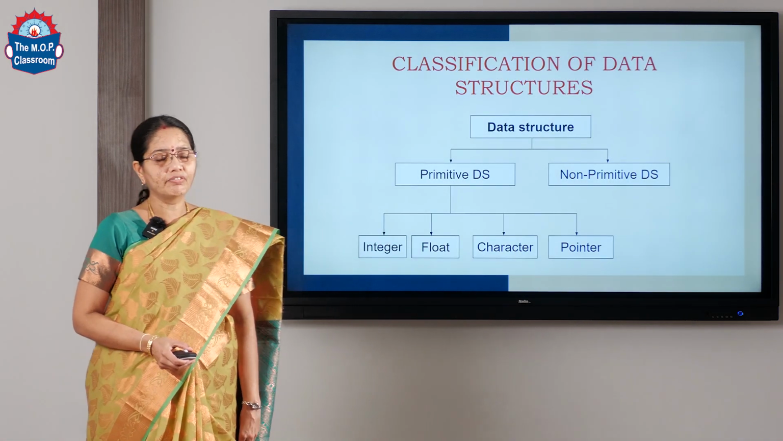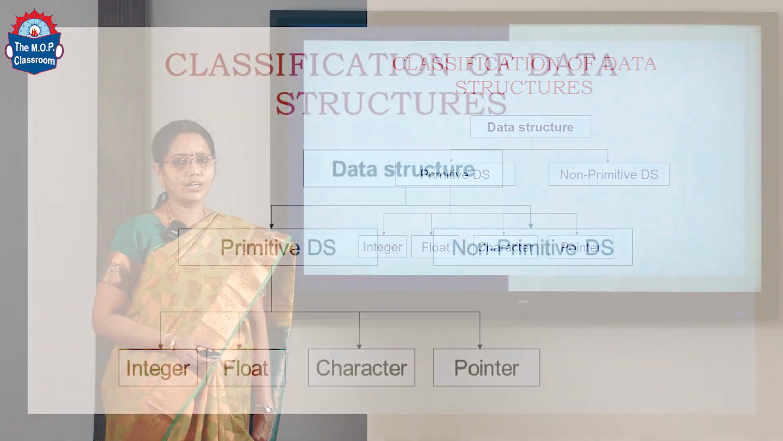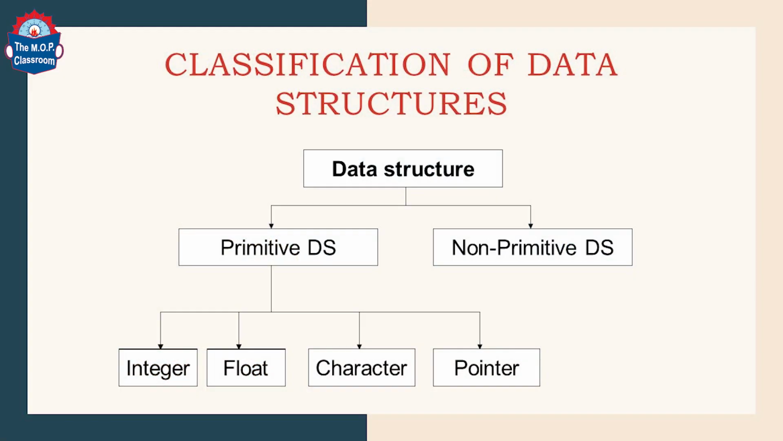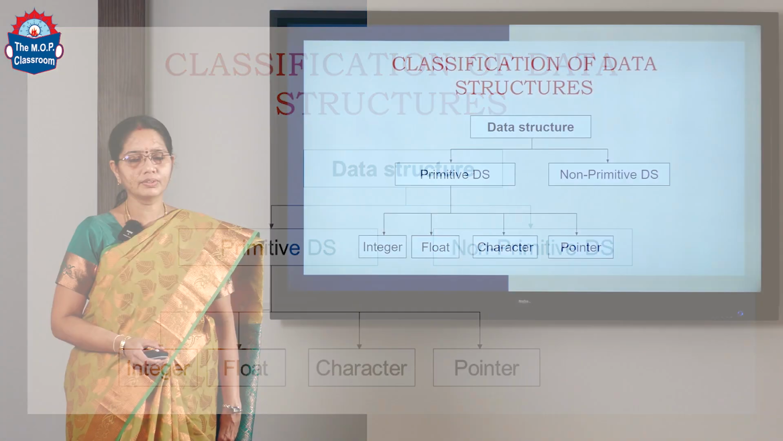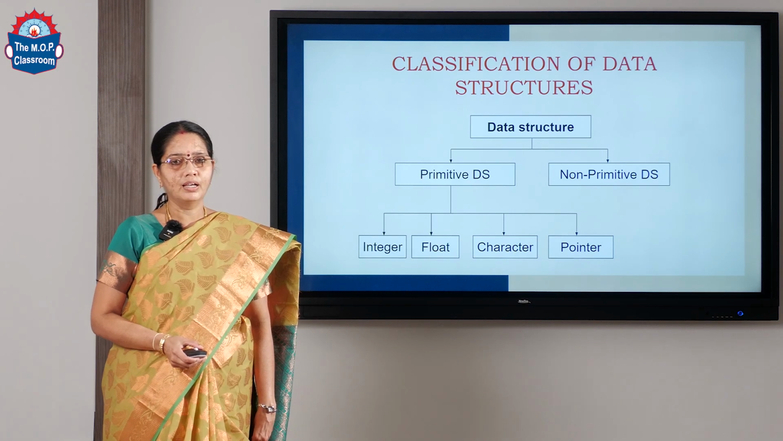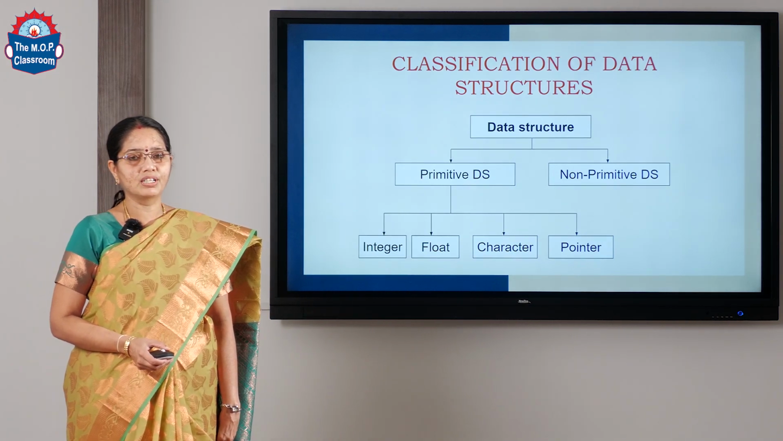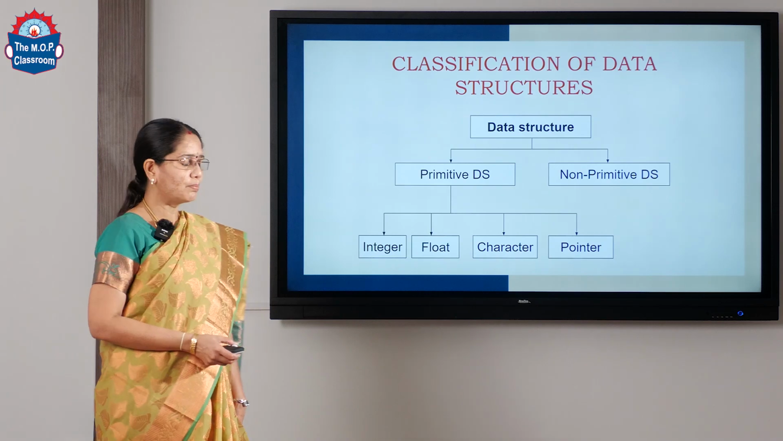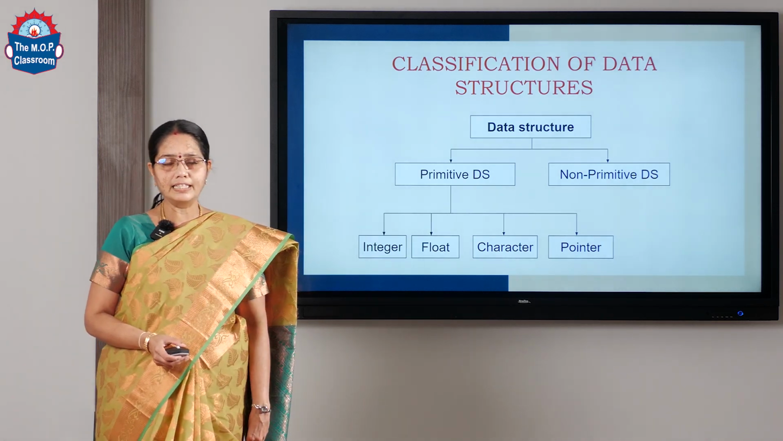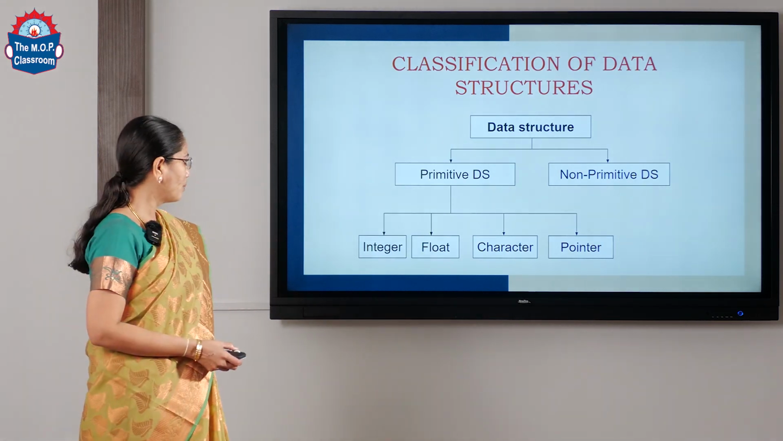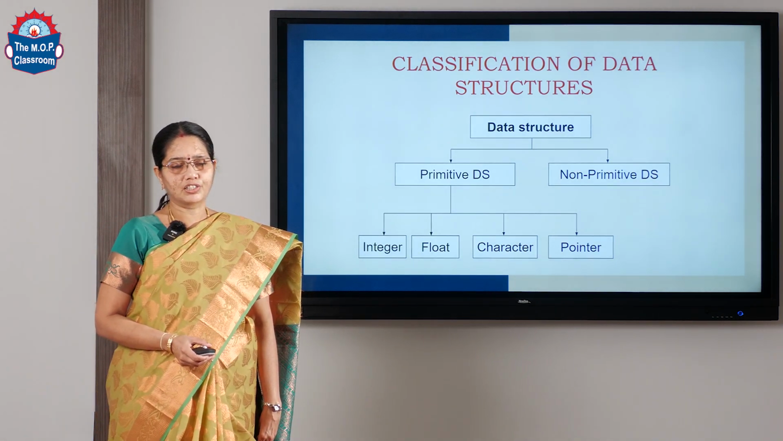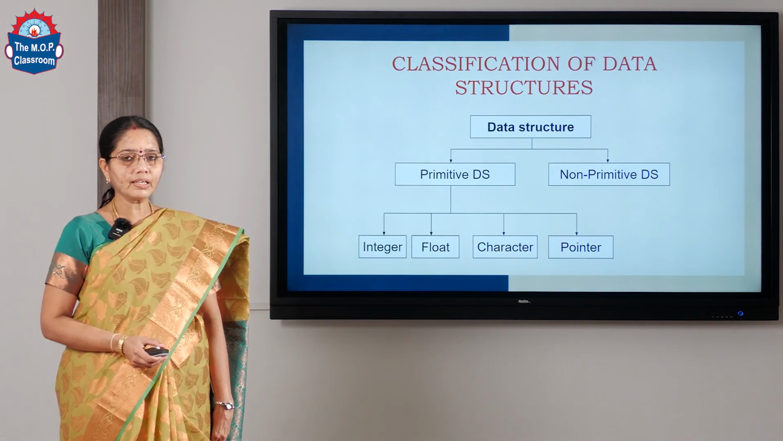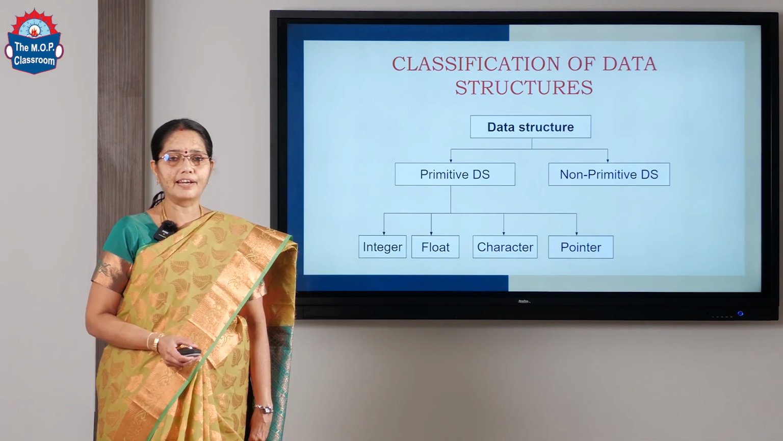Data structure can be divided into primitive data structure and non-primitive data structure. Primitive data structures are the ones which are defined by the programming language. We can store a specific data in specific location with primitive data structure. The programmers can give value to the primitive data structure. Examples of primitive data structures are integer, float, character, pointer. The integer data structure can store an integer data and the pointer data structure can store the address of another